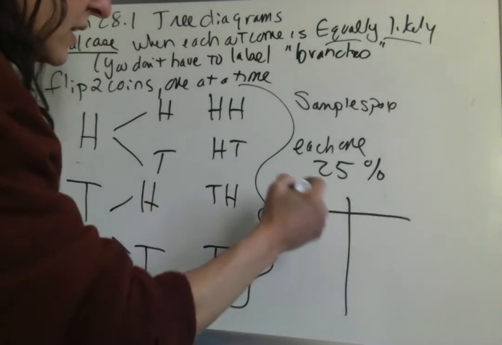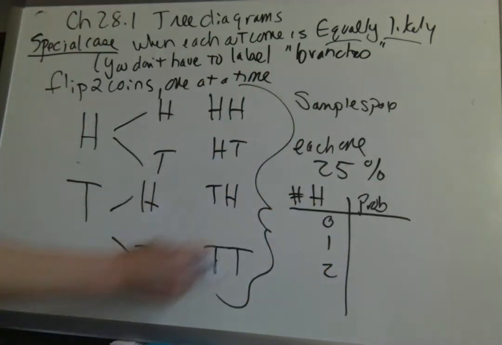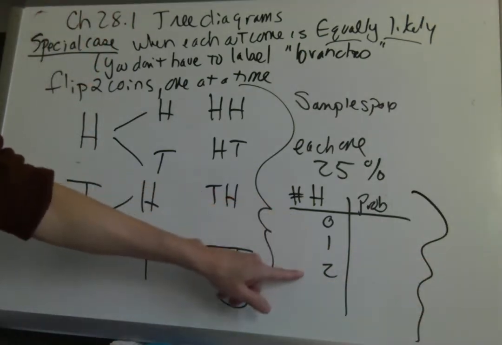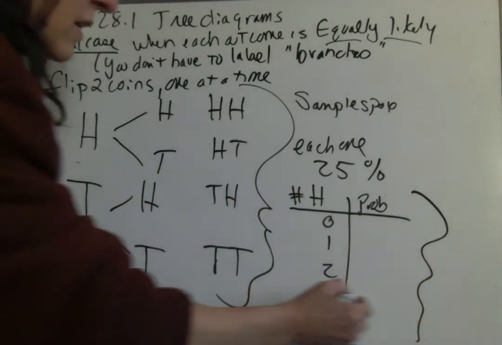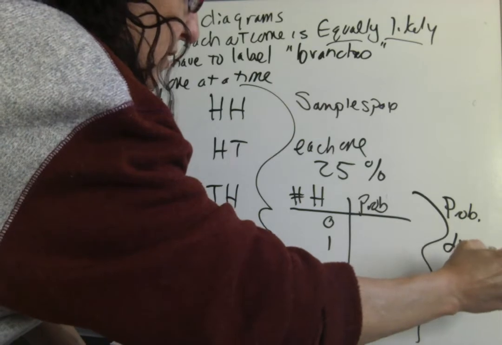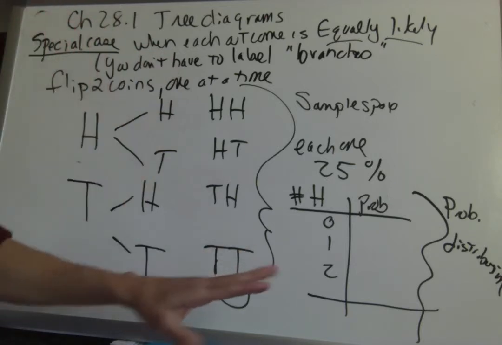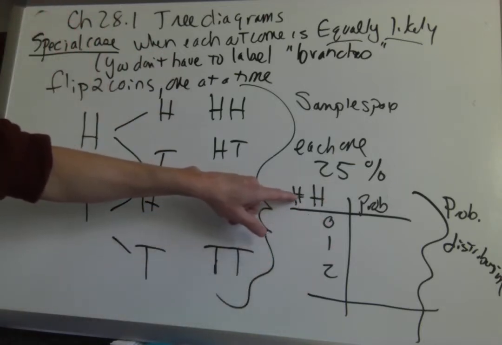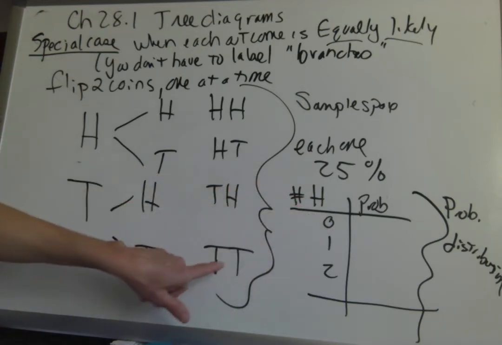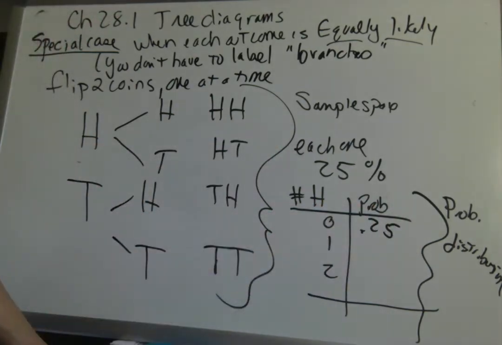Now, I'm overkilling this a little bit. What about if we wanted to summarize, so I don't want to look at all of that stuff, right? If you make a little table of all the possible outcomes and the probabilities, this is called a probability distribution. That word is distribution. I know I'm getting very sloppy over there. Probability distribution. Fancy word for table. Let's say I'm interested in the number of heads you flip. You flip 0, 1, or 2. Well, 0 heads is just the tail, tail, right? That's 25%. Probability should always be written in decimal form.